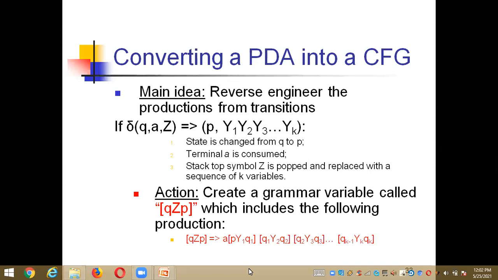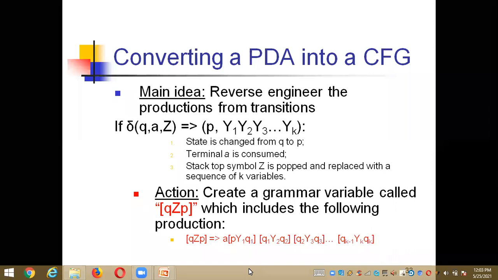Just by following the syntax, and by knowing the idea of this conversion procedure and the action that we take here for converting from PDA into CFG, we convert the PDA into a CFG. And here we have a most important syntax, as we already have the syntax for the conversion from CFG to PDA, right? For designing the transition rules, there we follow two syntaxes, and here also we have one syntax for that. Let's see what the syntax is.